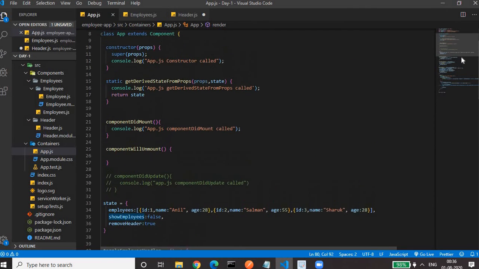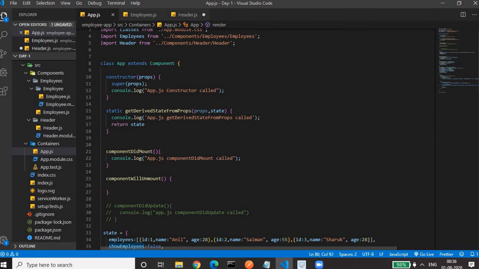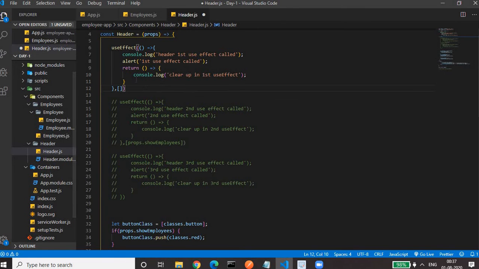In the class component we have the component did mount method and the component will unmount method. In will unmount we do the cleanup operation, and in component did mount, which is called on page load when the component gets loaded completely, it is used for Ajax call. These two functionalities we will find by using this use effect method. The only change here you will find is an empty array.